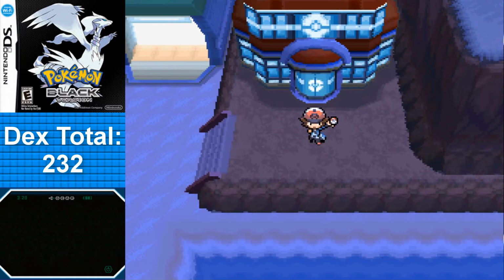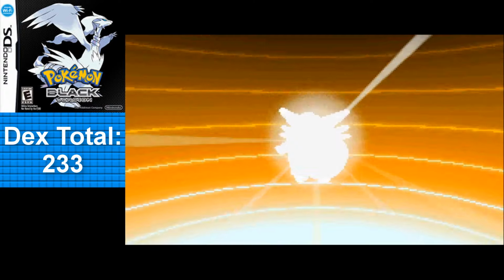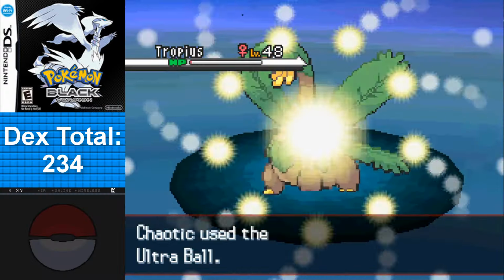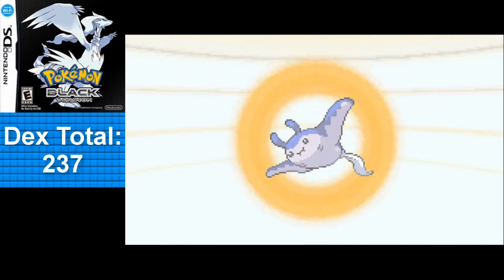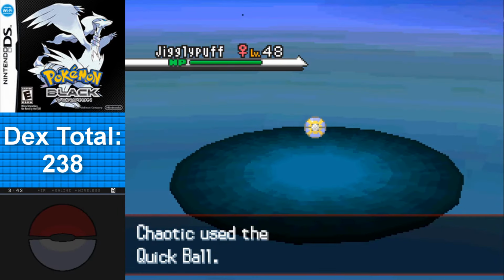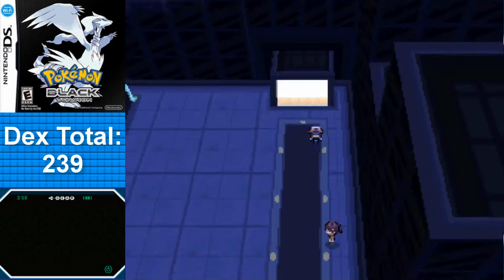I got back to Undella Town, allowing me to evolve Clefairy with a Moon Stone into Clefable before moving on to Route 14, which doesn't have much to grab other than Tropius, Altaria, Shuckle, evolving Mantyke into Mantine during the hunt, and Jigglypuff from the grass. I also cleared out some trainers, leading to Remoraid evolving into Octillery right before entering Black City,